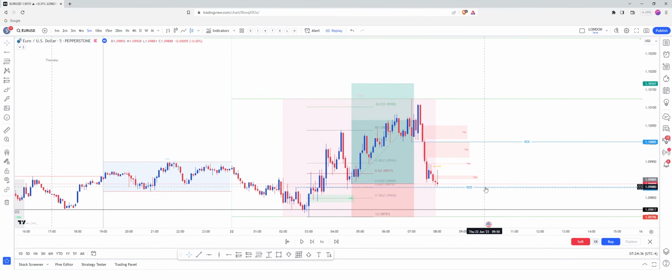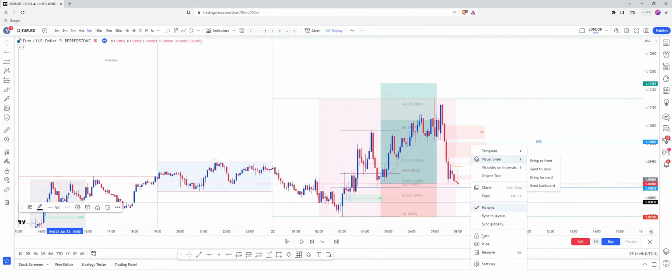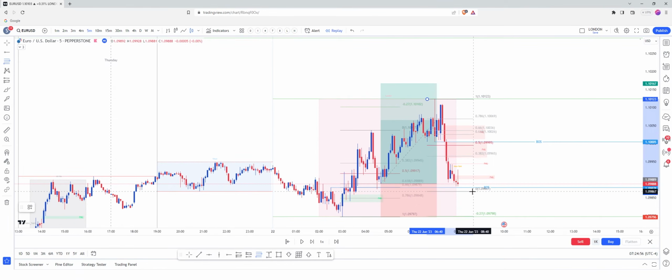So New York has opened. We're inside the London range, but we have been leaving displacement back down to the lower side. So we can see that we are now closer, let me just delete this, to taking out the London low liquidity than we are to taking out the high. This is one of those situations where I would be pulling a fib using discretion, understanding that we've taken Asia